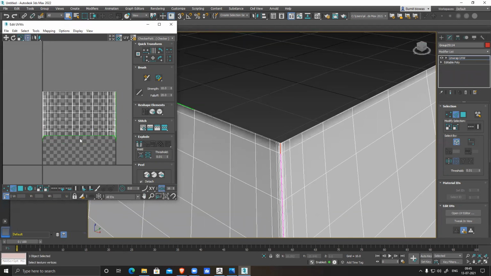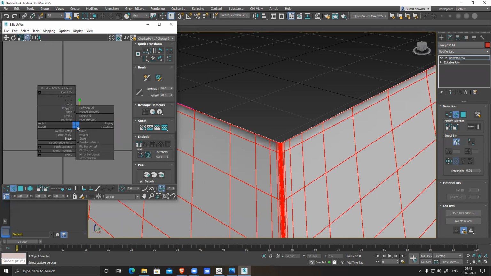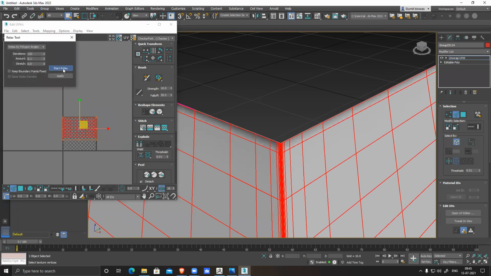Break one part. Select. Relax it. If it's taking too much time, amount I can increase. Relax it. It will become a little faster.